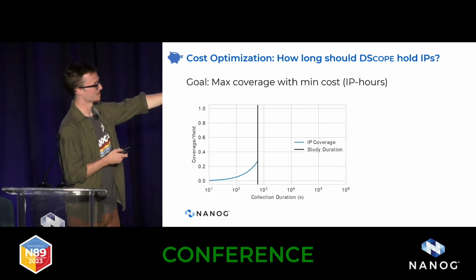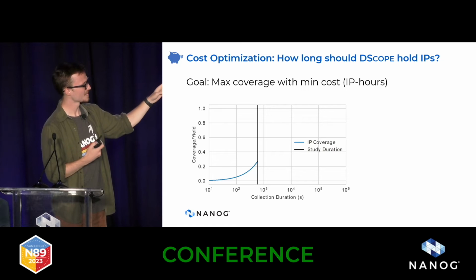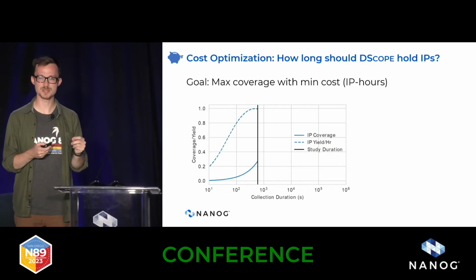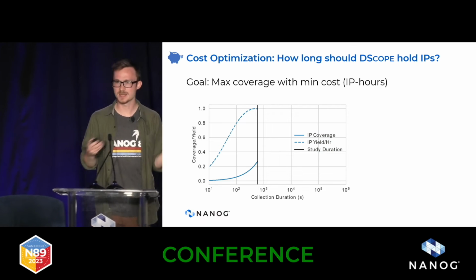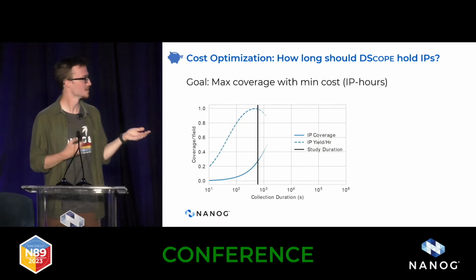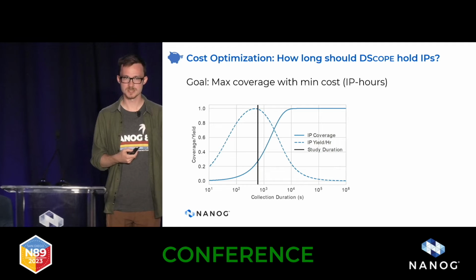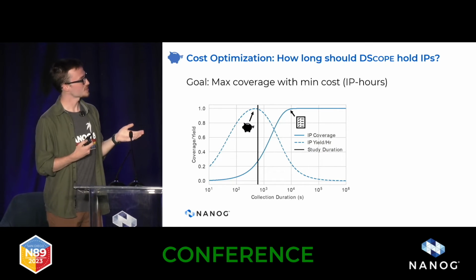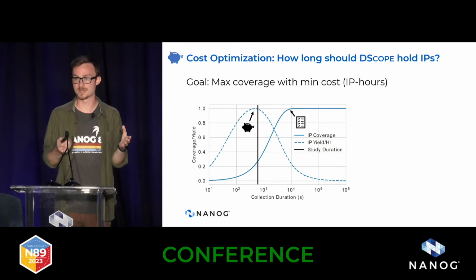Here's the empirical data, up to 600 seconds or 10 minutes. Our coverage of phenomenon increases over time, but if we look at our coverage of phenomenon per hour or per dollar of measurement, we actually reach a plateau. So if we measured for longer, we wouldn't get as efficient of coverage. In fact, we can sort of extrapolate this. We can, again, use statistics, and we can extrapolate this out and see that if we measured for longer than 10 minutes, our yield, our economical yield for the telescope would go down. But additionally, if we measure for just a few hours, we get very high coverage of all the phenomenon that that IP address would see.